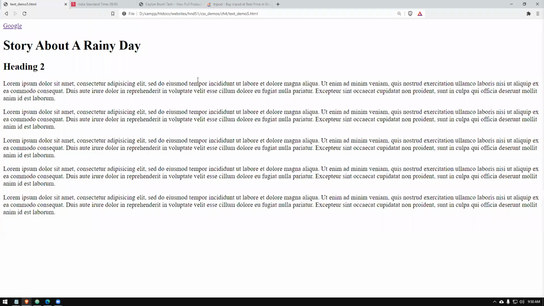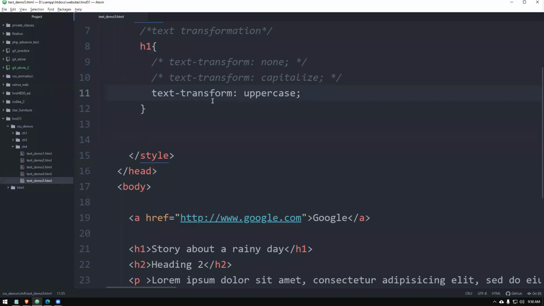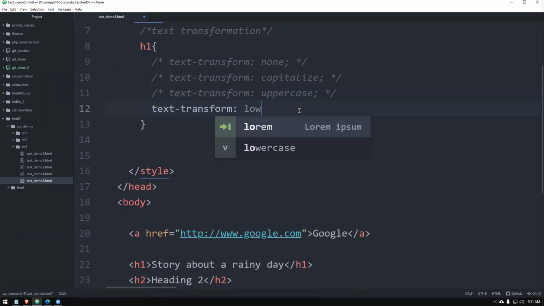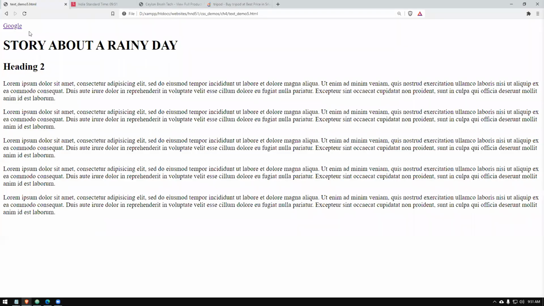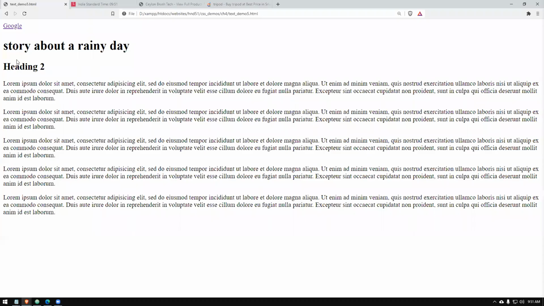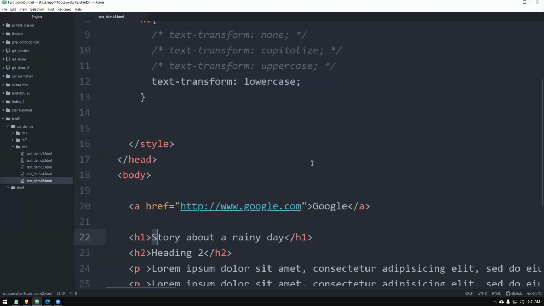You can go for uppercase. Uppercase means everything will be in capital letters. So you can see it reduces a lot of work from you, because you don't have to type them again and again in different capital and simple formattings and upload, or maintain the website. Simply change the property here. CSS will take care of that. If I put text transform lowercase, again you can see every letter will be in simple letters. In our actual code, I have typed capital S here, but still it is coming as simple s.